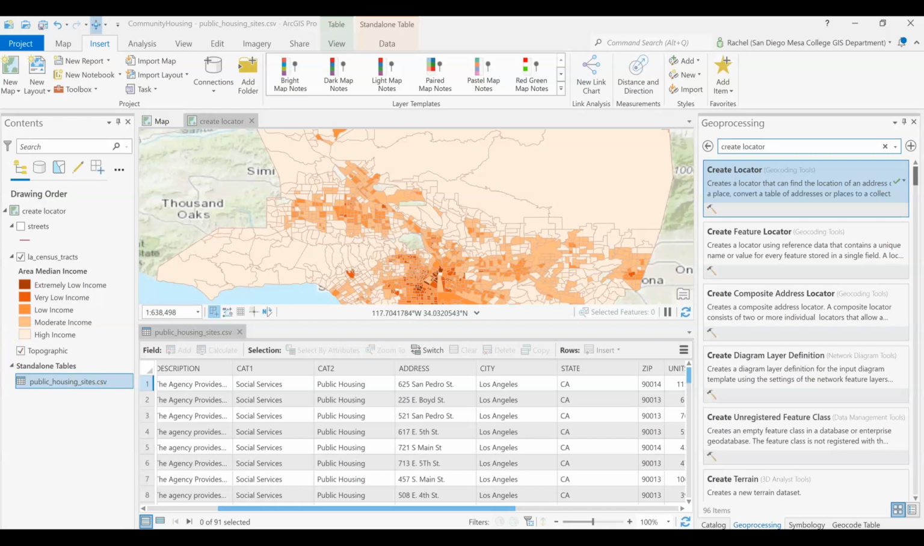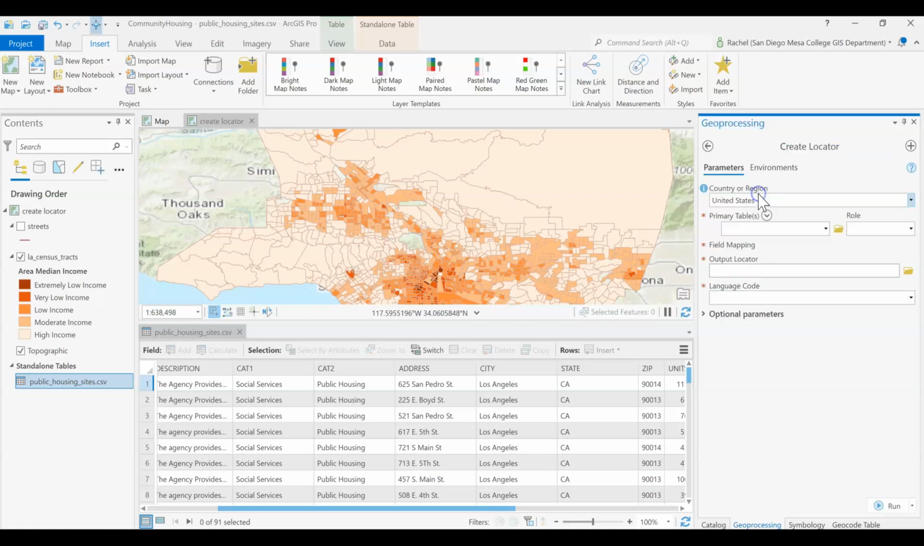Since it looks like the Create Address Locator tool has been removed from the latest ArcGIS Pro update, let's take a look at how we can complete exercise 7B with the Create Locator tool. So here I am in ArcGIS Pro. I searched in the geoprocessing pane for the Create Locator tool. And I'm just going to follow along starting on page 241 as best I can with their directions,